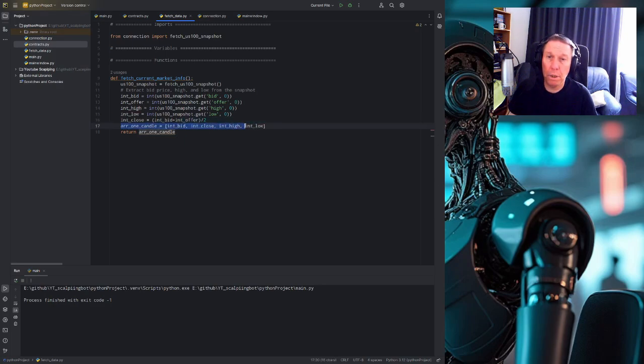Every candle, see right here, the first one, the 0, is the bid price, the 1 is the closing price, the 2 is the highest price, and the 3 is the lowest price, but I needed the highest price. So in my contract,